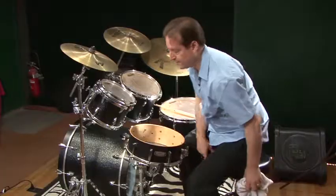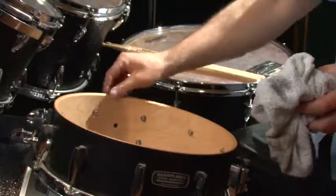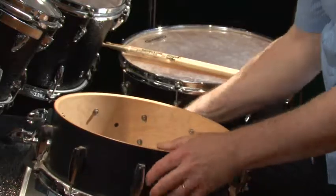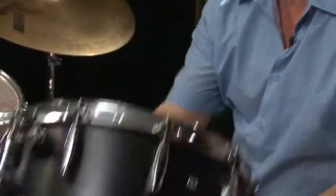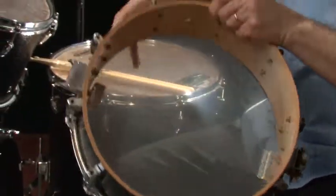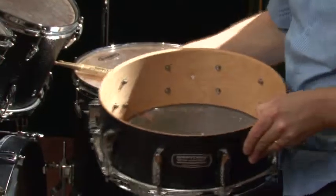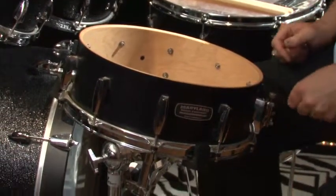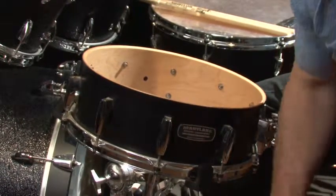Dirt and lint can collect across the bearing edge, and this can actually affect the sound, so this is important. Another thing you might want to do, if it's been a while, is lift your drum up and carefully shake it. Make sure there's no dirt or lint inside. We'll put it back on the basket or the cradle from the snare drum stand and take our rag